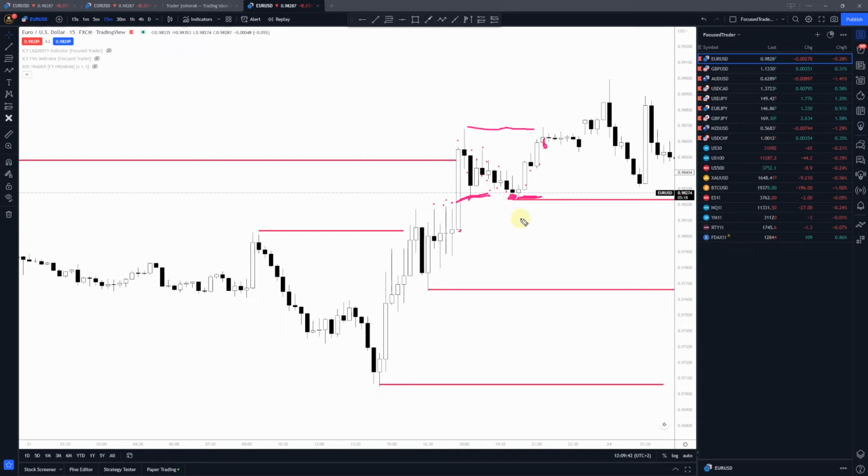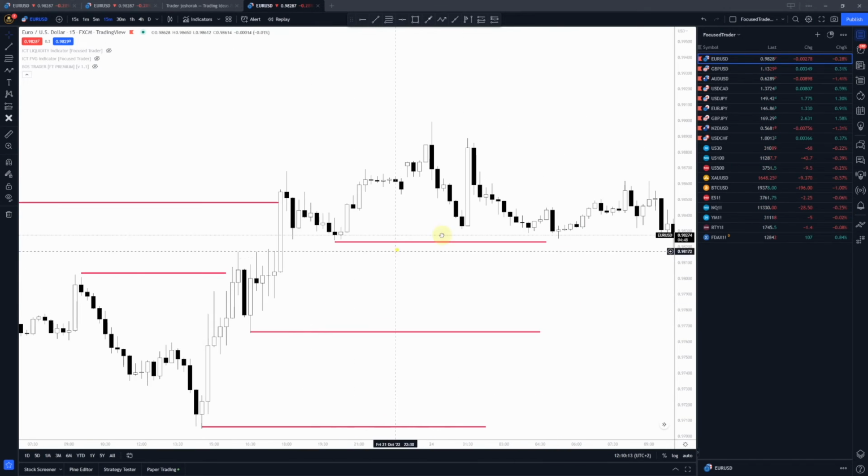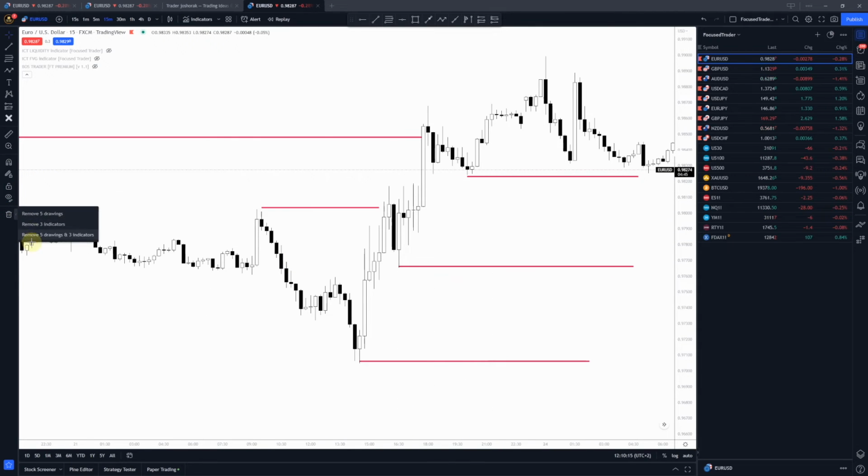So this is the rule, and by using these rules, you really can build up your consistency in the market in identifying liquidity, because otherwise you are just eyeballing and guessing. But this is not the way I will recommend, because there's too much discretion, and if you want to be consistent, your approach needs to be consistent, and the patterns that you are looking for will also need to be consistent. Okay, so we marked our liquidities, so let me just delete all these drawings,